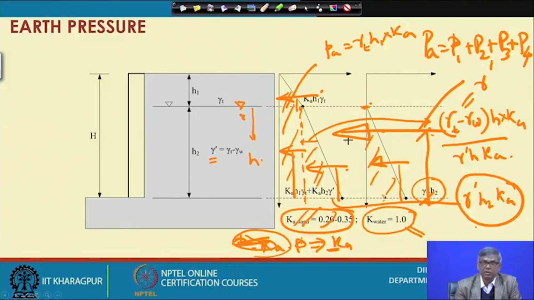So, if you want to find out the total thrust, you have to add all the areas of the pressure diagram, and to find the thrust you have to find the individual points of application, and then taking moments of the resultant and all the other forces, you have to find the unknown distance or point of application. So, this is the way one can find out the